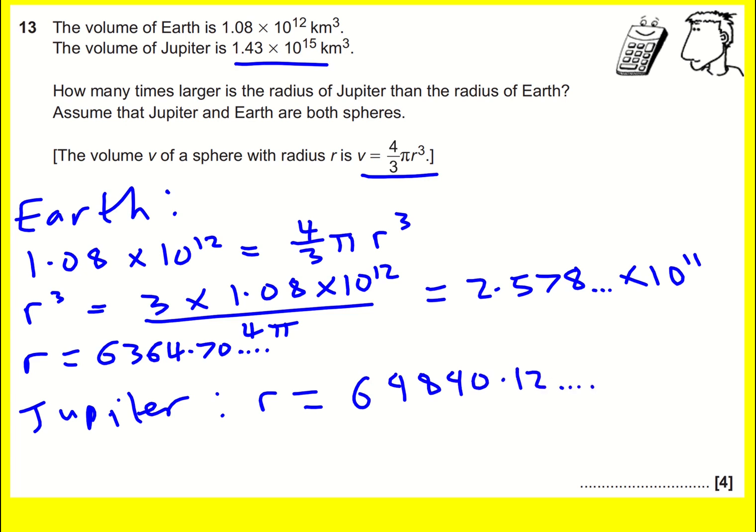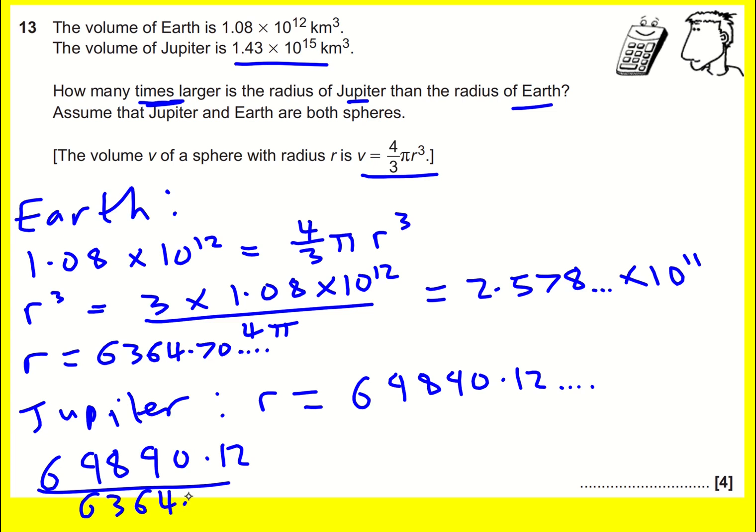And so if I want to work out how many times larger the radius of Jupiter is than the Earth, I need to do the larger one divided by the smaller one. So it's going to be 69890.12 divided by 6364.70, and that equals 10.98, which I might write as 11.0. I'd get away with 11, but actually I think 11.0 shows just how close it is to 11. So that's the answer. There is a quicker way of doing it, which I'm gonna talk about now,